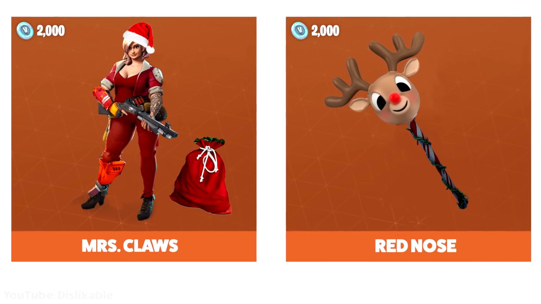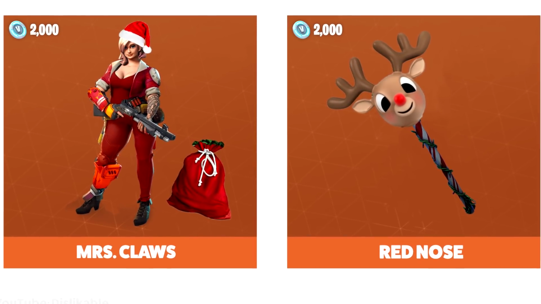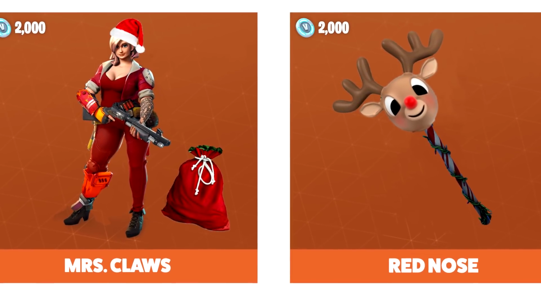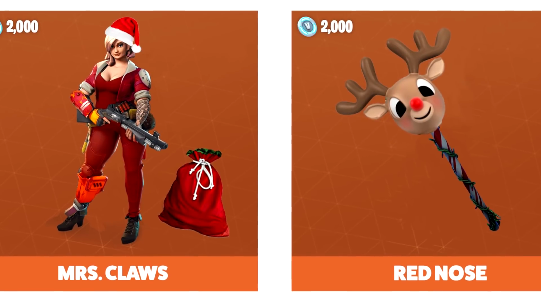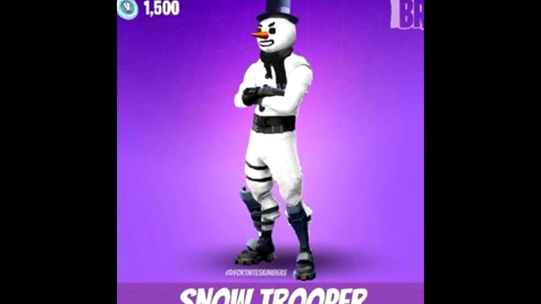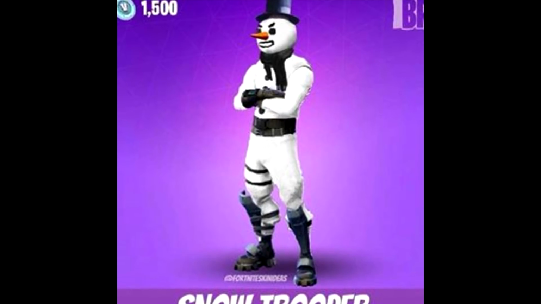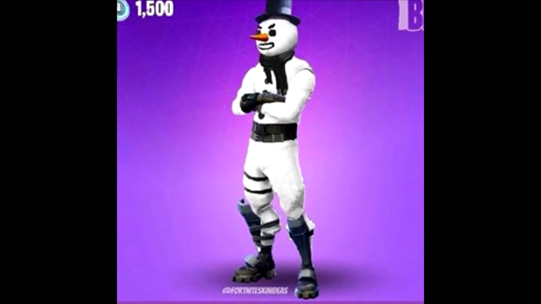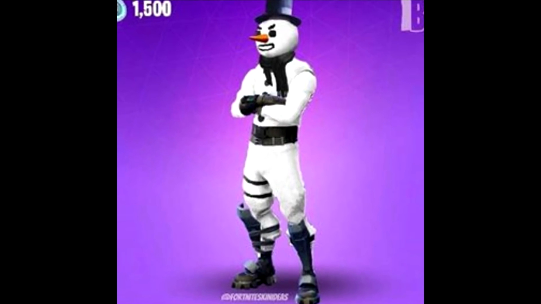Here's a Mrs. Claus concept with a red-nosed pickaxe idea. Now, this is extremely awesome. The left one looks like it's part of Save the World, but I'm going to run with it, right? It seems like a cool concept for Battle Royale. The Snow Trooper concept for a skin, it's a snowman. Obviously makes sense, right? Now I wish I had concepts for the Ice King and Ice Queen related stuff, but